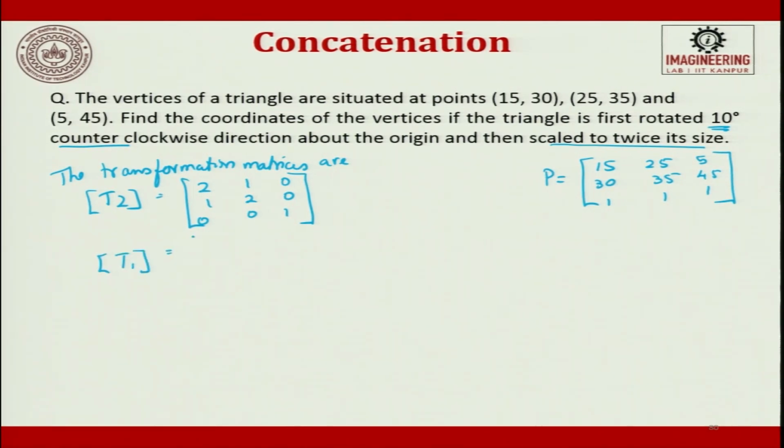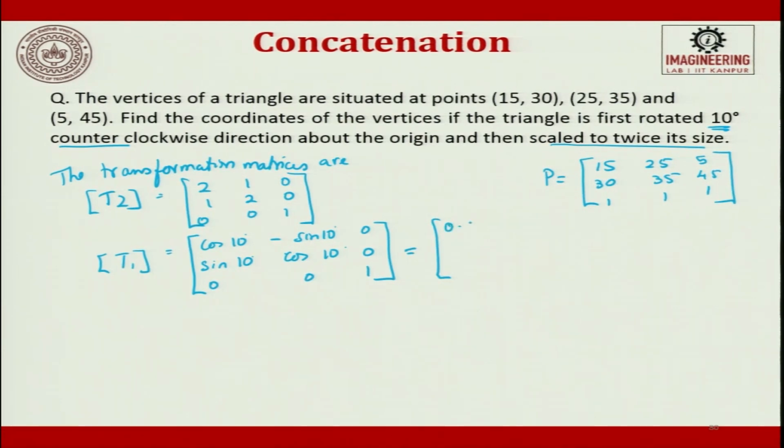T1 is rotating by 10 degrees. So, we write it as cos theta, cos 10, then sin 10, minus sin 10, then cos 10, and 0, 0, 1. If you want to do it by the true values, the true values will be